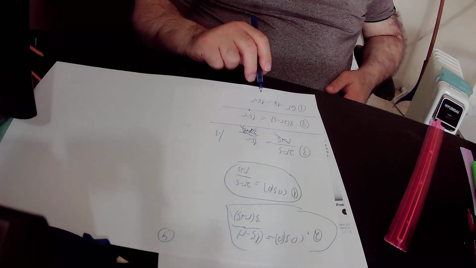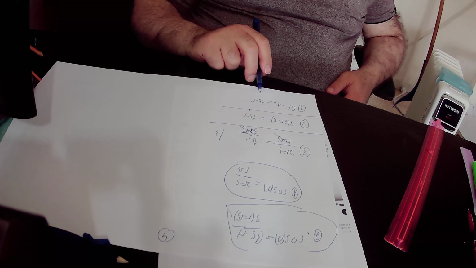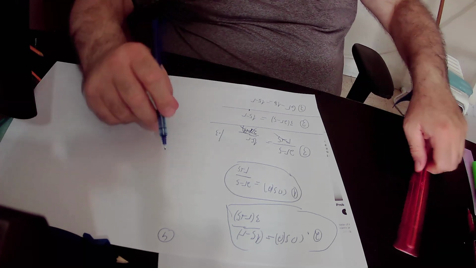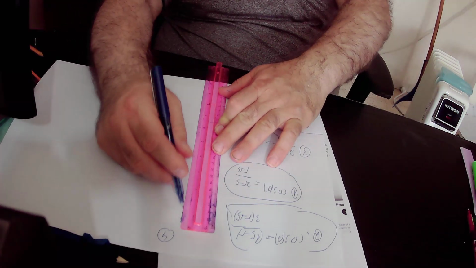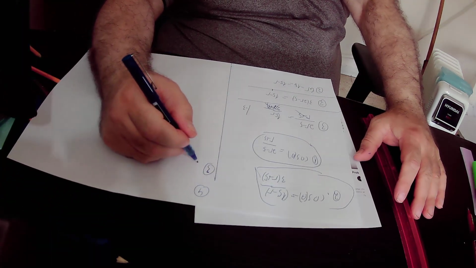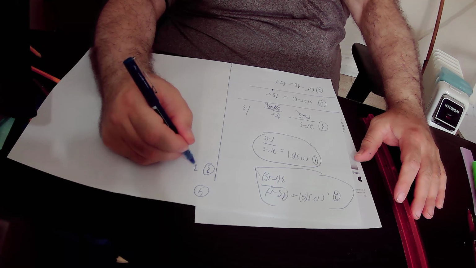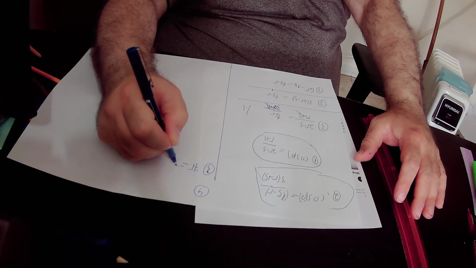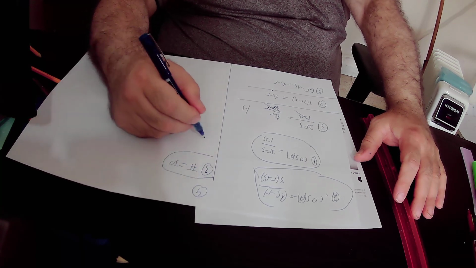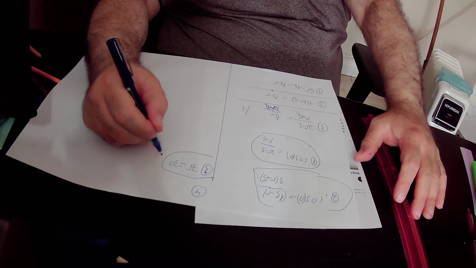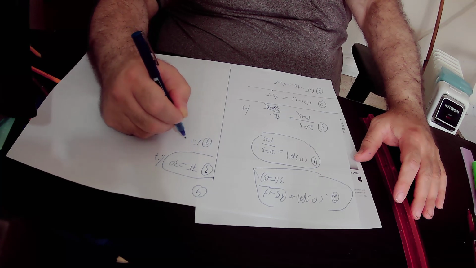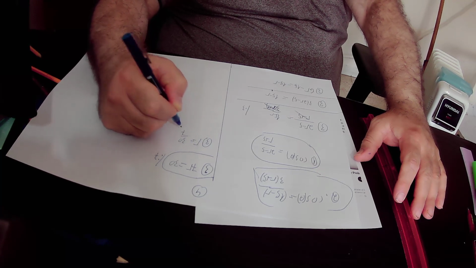Here we will add r to equation number 3, and we will also add 15 to equation number 3, and we will get that according to equation number 3, 6r plus r is 7r, 15 plus 15 is 30. So according to equation number 3, 7r equals 30. We will divide equation number 3 by 7, and we get that r equals 30 over 7